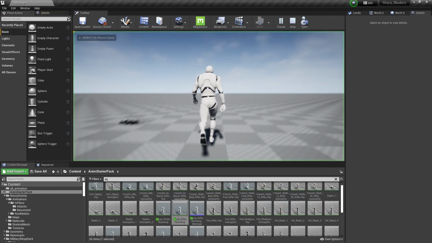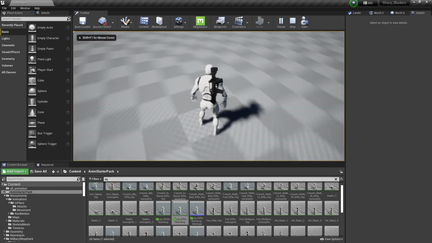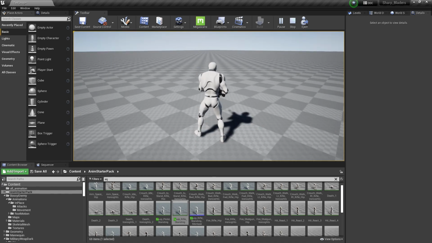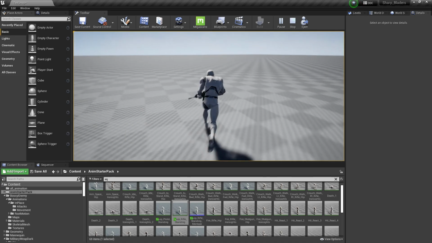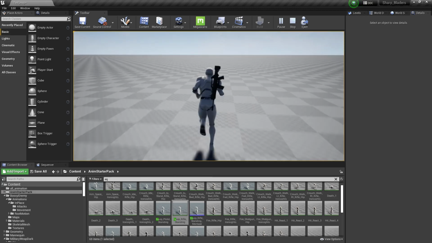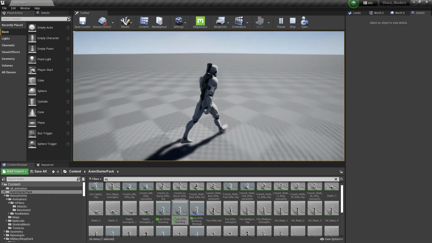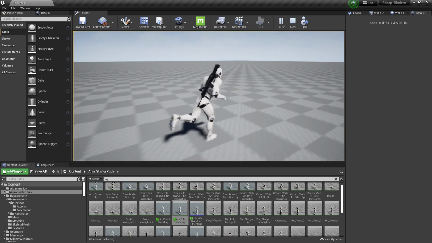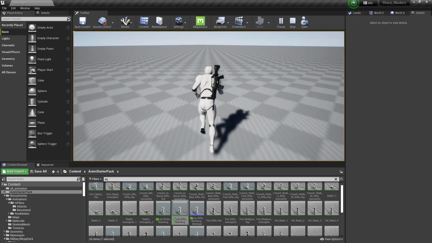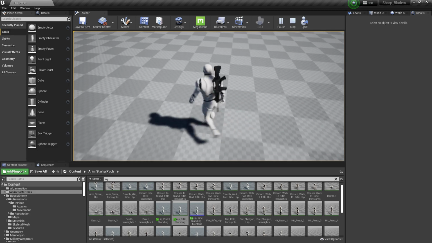Now let's try. Okay, first time pick. Second time, once we press that button, it takes that gun. If you press again, yeah, as you can see, it's now equipped and unequipped that gun. Okay, so next time we will create the drop system for the weapon, so that we can drop the weapon. Also we will try to create the